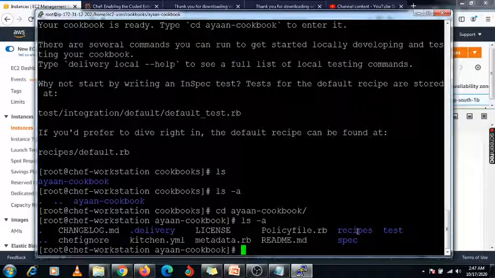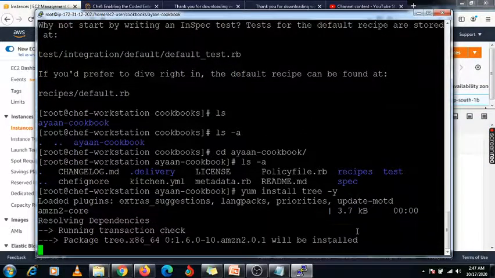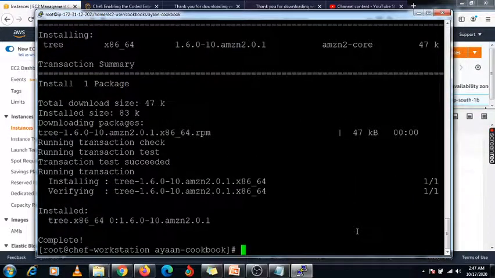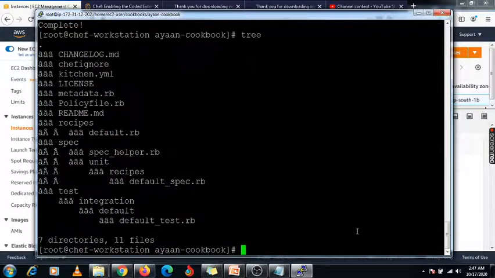Using that tree structure we can see how many cookbooks are available, how many recipes are available inside that particular cookbook. So using that tree we can trace. You can use this command yum space install space tree space -y. Now the software will install. Now you can use this tree command, okay.